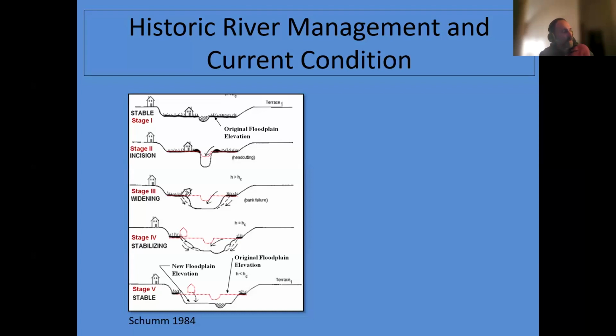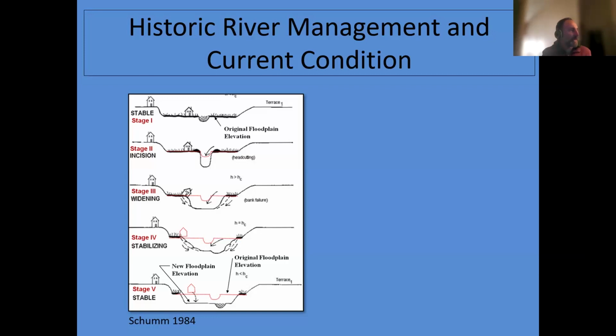The house goes in, of course, those floods happen. The people get tired of being flooded out, so they build berms, and we enter into stage 2. Those berms disconnect the river from the floodplain. The water of the higher flows can't escape onto the floodplain. The energy is not dissipated on the floodplain, but rather in the channel. So you get this channel incision process.